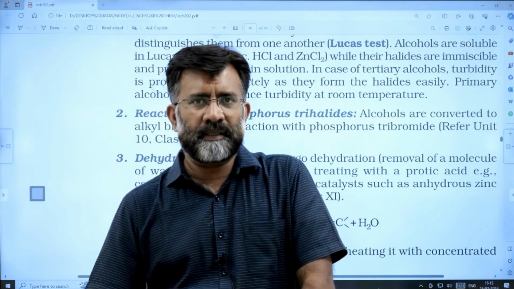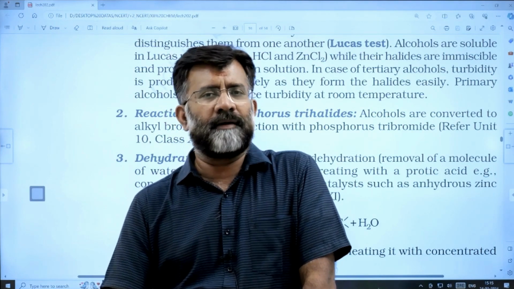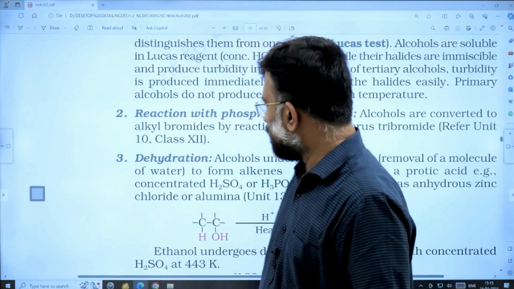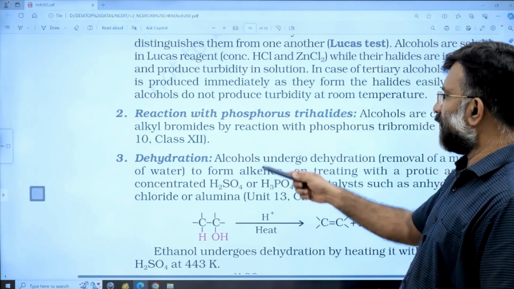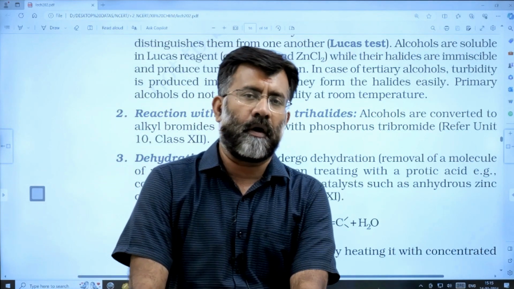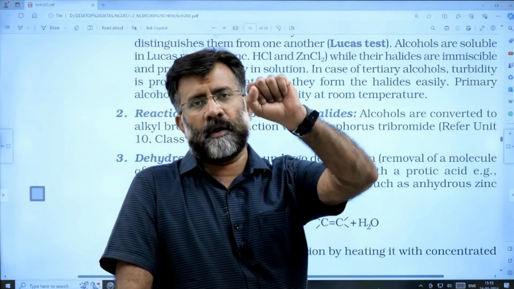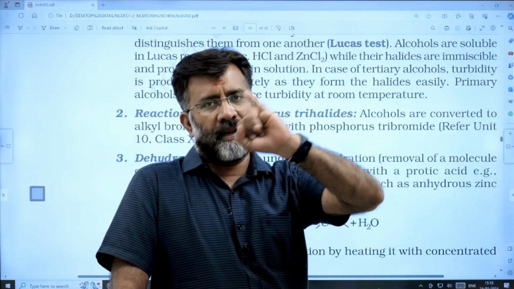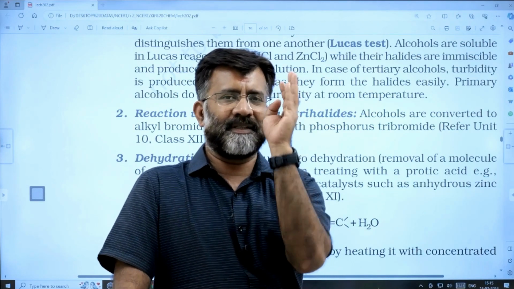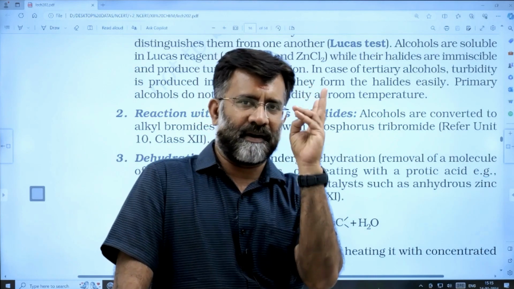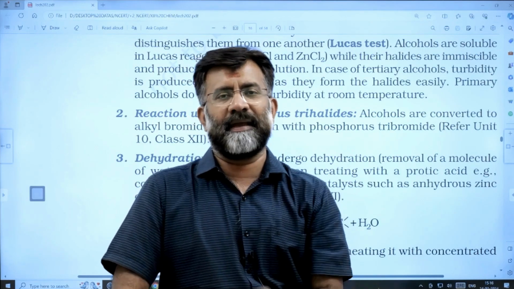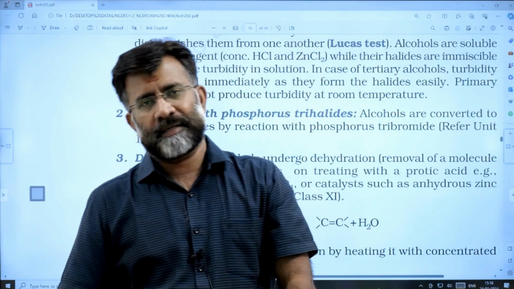Reaction with the PBr3, PI3, we are generally taking red phosphorus with the bromine or iodine, and PCl5 will give you the reaction comfortably. So reaction with the PCl3, PCl5, etc., all that we are learning in the previous chapter dealing with the preparation of alkyl halide. Alcohol with the HCl, HBr, NaBr, KI, Lucas test, Groves process, reaction with the PCl3, PCl5, reaction with the red phosphorus and bromine, red phosphorus and iodine, PBr3, PI3, and most importantly, maybe you remember reaction with the thionyl chloride,